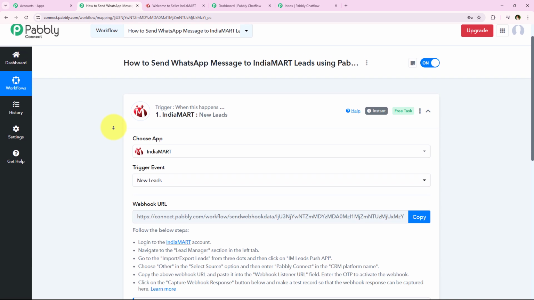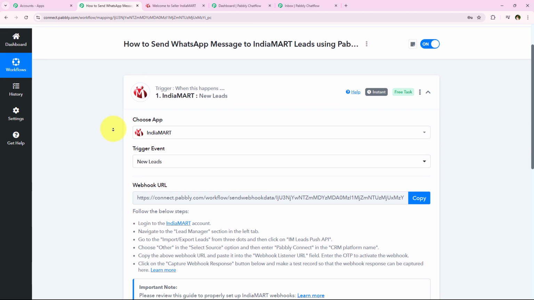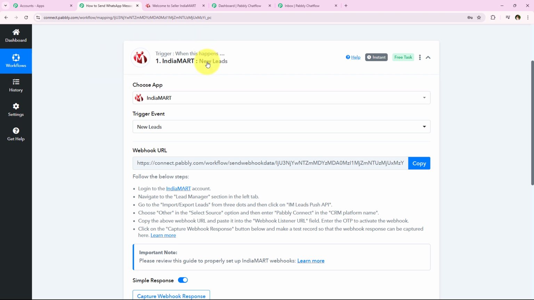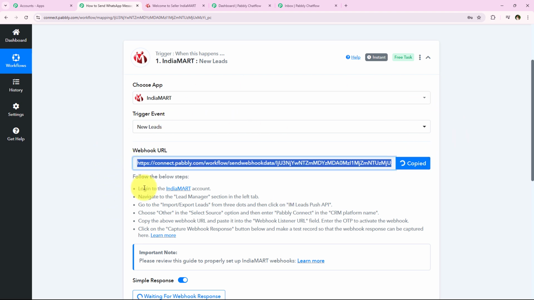and as soon as we do so, it is giving me a webhook URL. So we are going to use the same webhook URL in order to create a connection between our IndiaMART account and our Pabbly Connect's workflow. Alright, so what I'm going to do is copy this webhook URL,